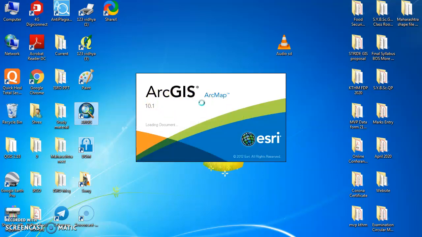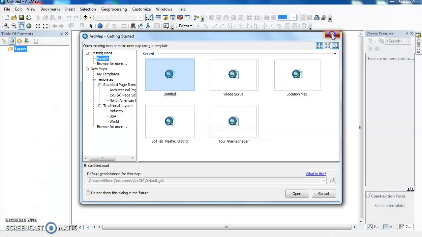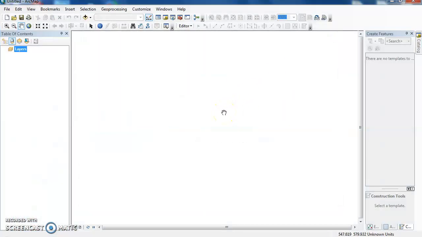You know that for your PhD work or MPhil work or any research work, you require a location map of your study area. So that is very important to us. It is very easy to make such a location map or study area map by using this software. For that purpose, we require the shape file.